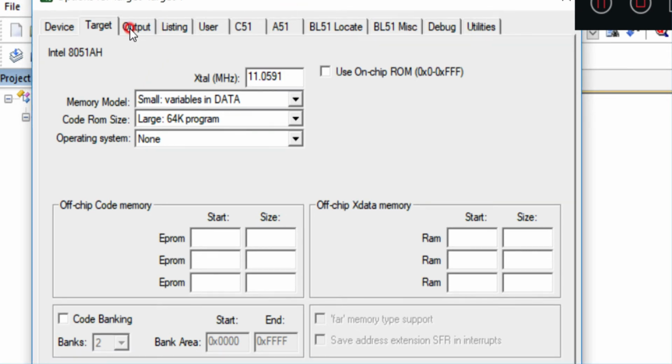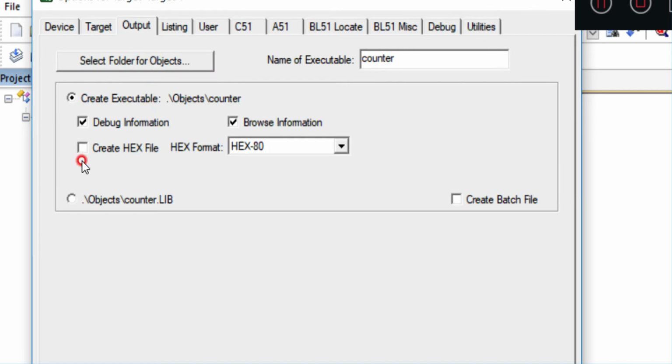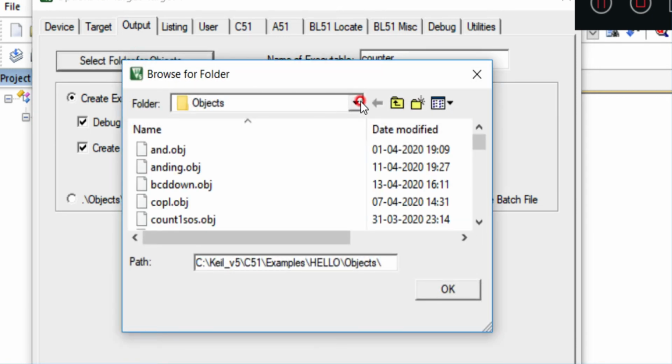Now in the output, make sure you are creating a hex file for the corresponding assembly language program. Give the check mark, and if you want a separate folder for your reference so that your hex file is stored, you can create one.